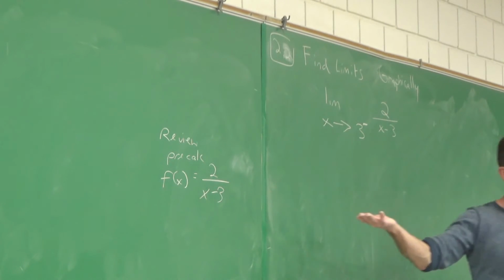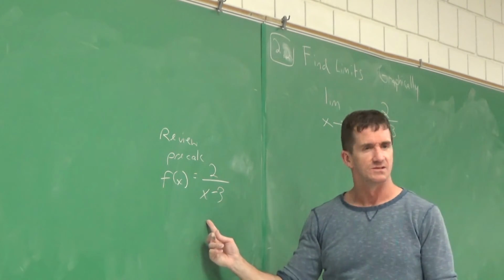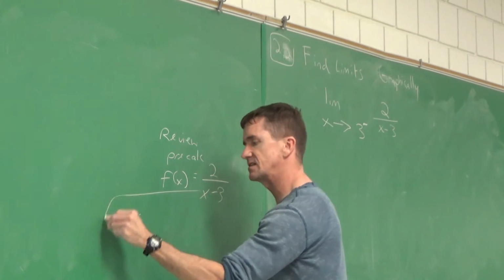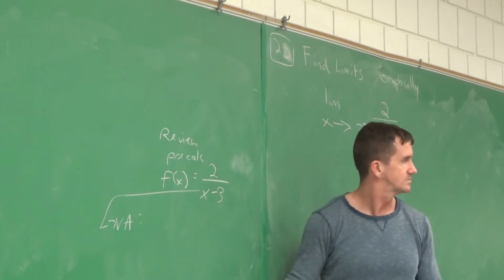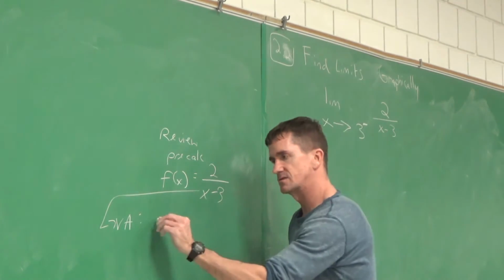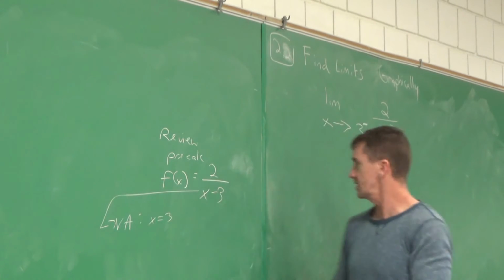Well, I just need to know how to graph this. Well, that's called a rational function. And it's got, first of all, a vertical asymptote. To find a vertical asymptote, we set the denominator equal to 0 and solve for x. So what makes x minus 3 equal to 0? Alright, so there's a vertical asymptote at x equal to 3, let me just draw that then.